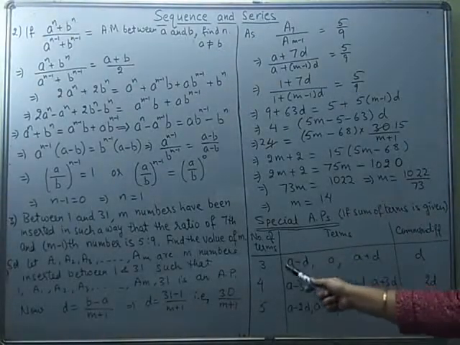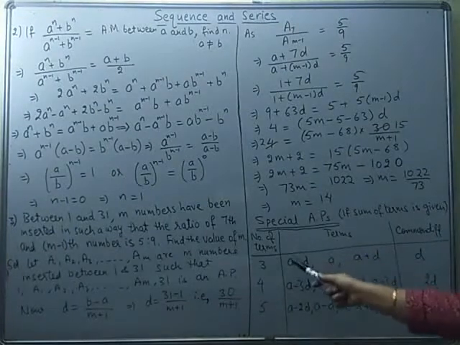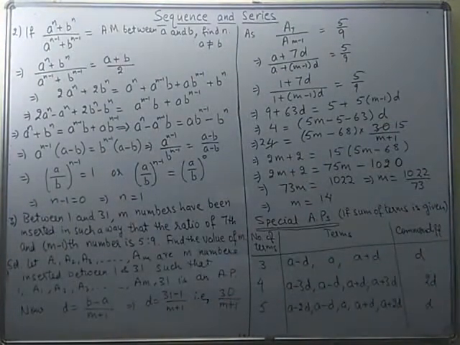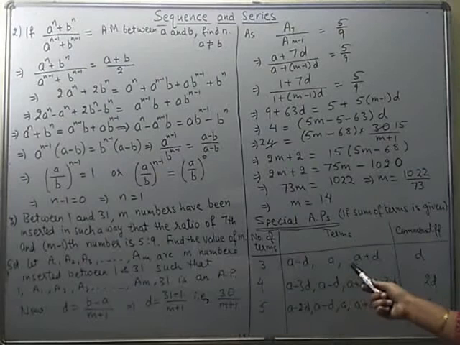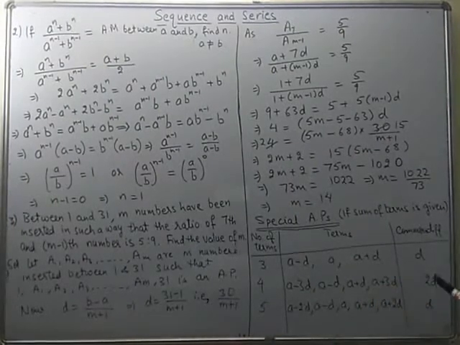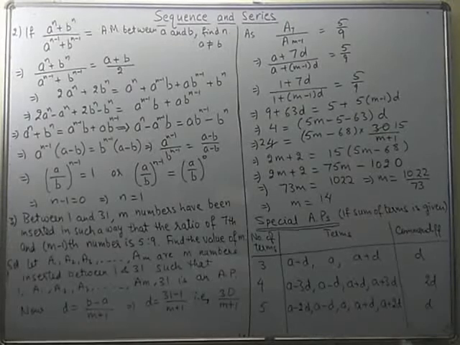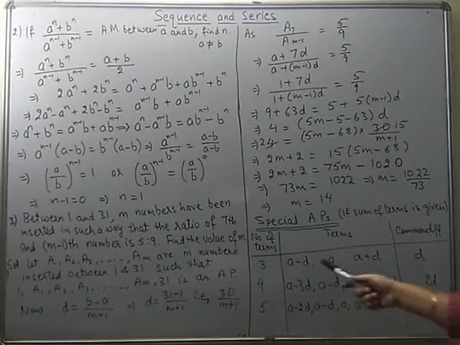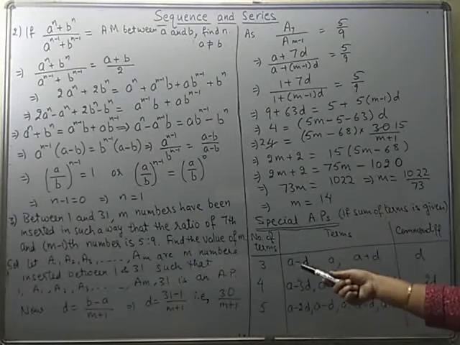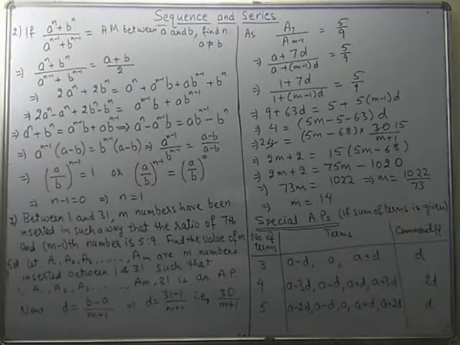If you know the sum of these 3 terms, then on adding them you will see plus d and minus d will get cancelled out, and you will get thrice of a. Because you will be knowing the sum, you can quickly find what is a. So that is how it makes our work easy. And here, the first term is a minus d, that you have to keep in mind. And what is the common difference?